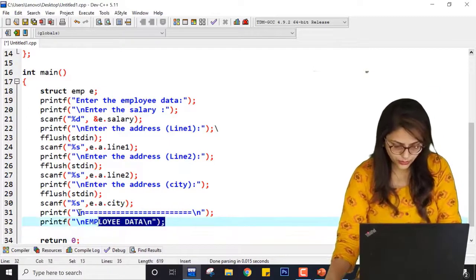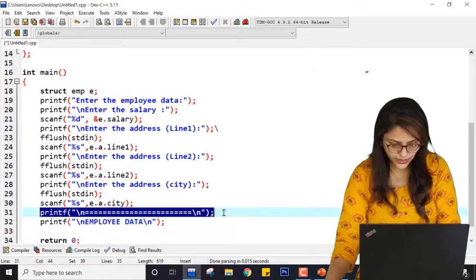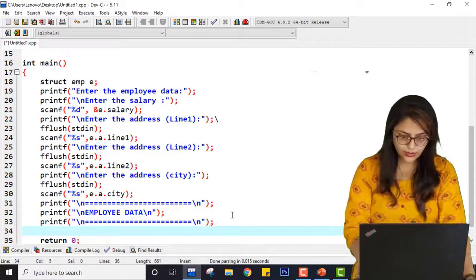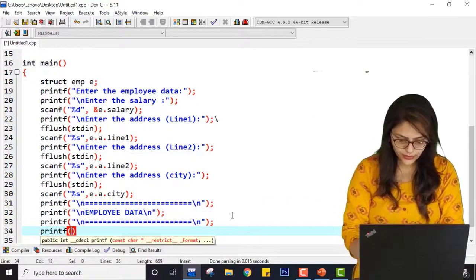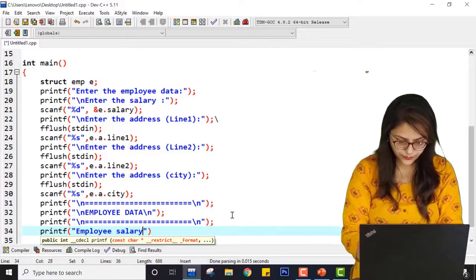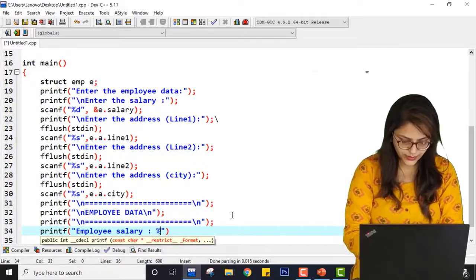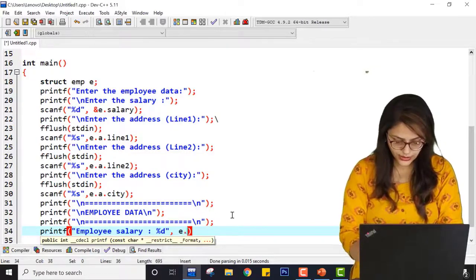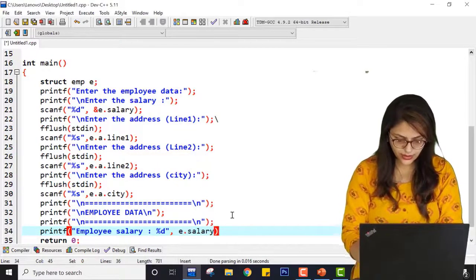Copy this and paste it over here. It looks better, you know. So paste it over here. Now here, printf employee salary %d, and here it will be e.salary, right?